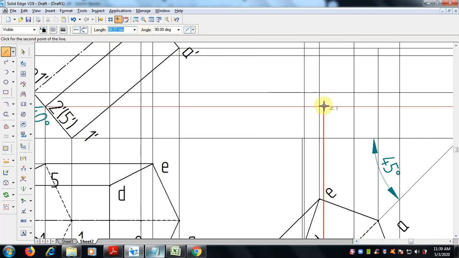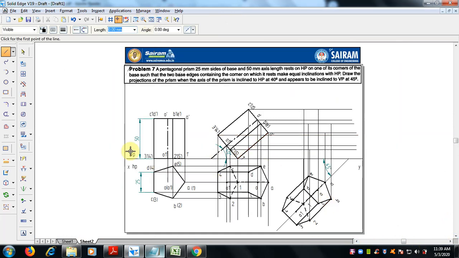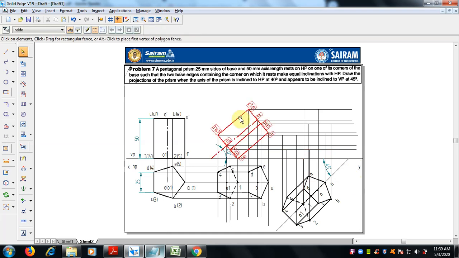So now 2 with this line, 2 on 2. Okay, 3. 3 and 4 in a straight line, 5 will come here, right? So now everything is over.